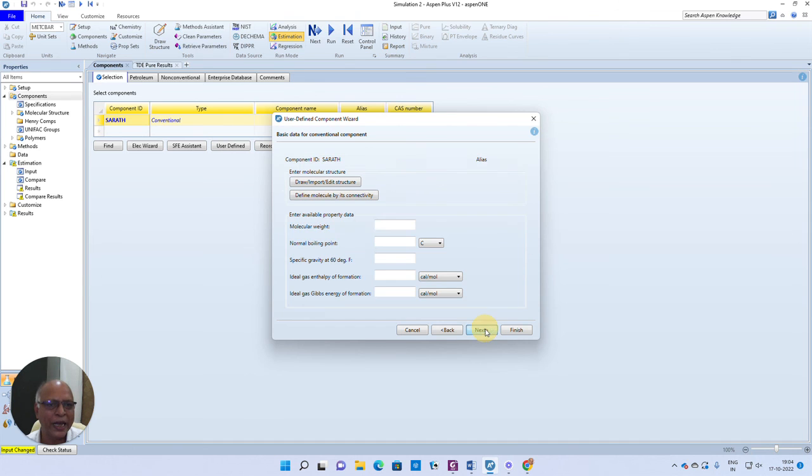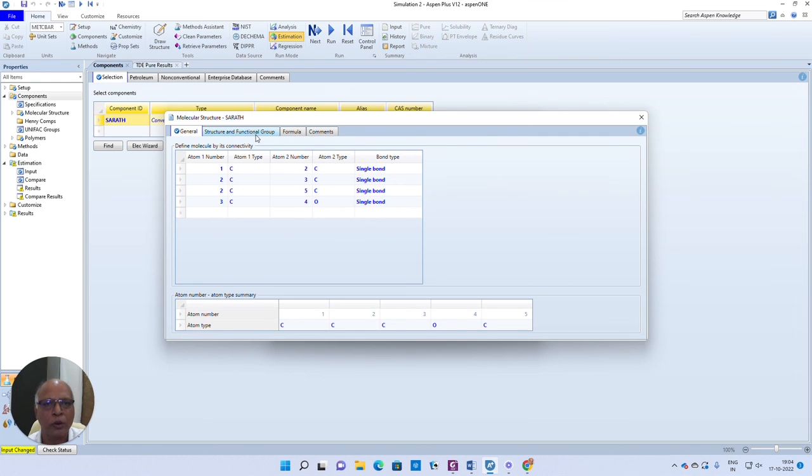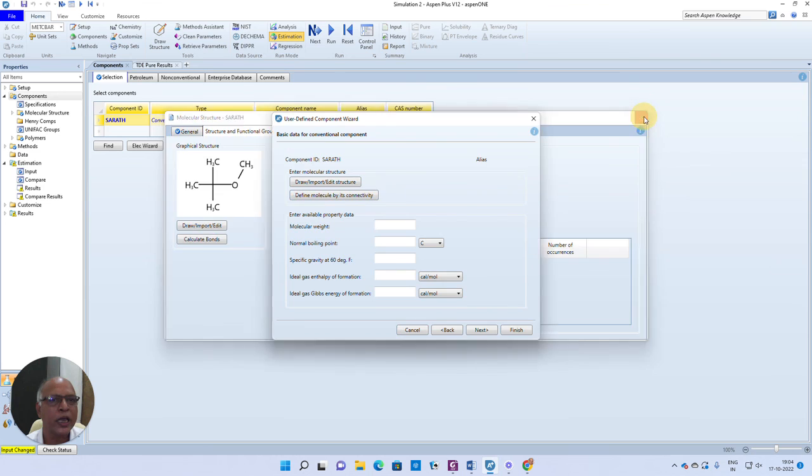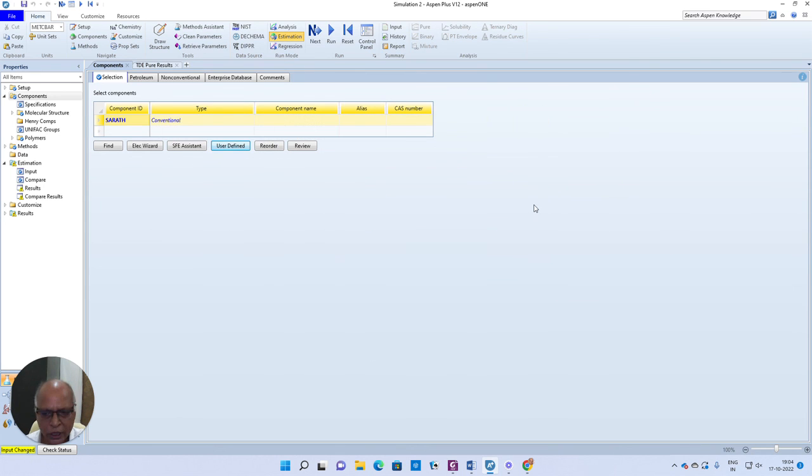But if it is a very lengthy compound involving a lot of atoms, it may seem to be slightly more cumbersome. But again, for doing such problems, though I may not be talking about this, you can define the structure in terms of functional groups. You have to identify the groups, how many times each group is appearing. So by giving even this type of information, you will be in a position to estimate the properties of any pure component. So with this, I would like to close down my